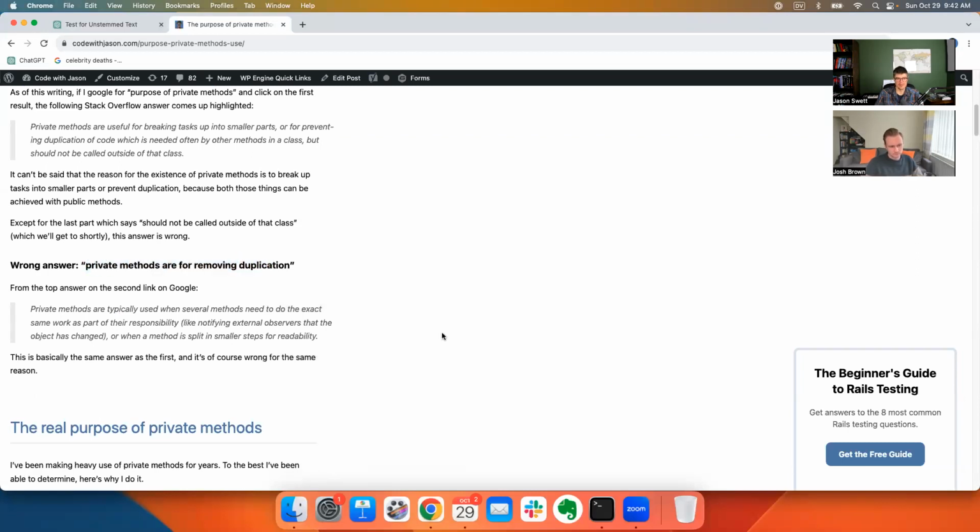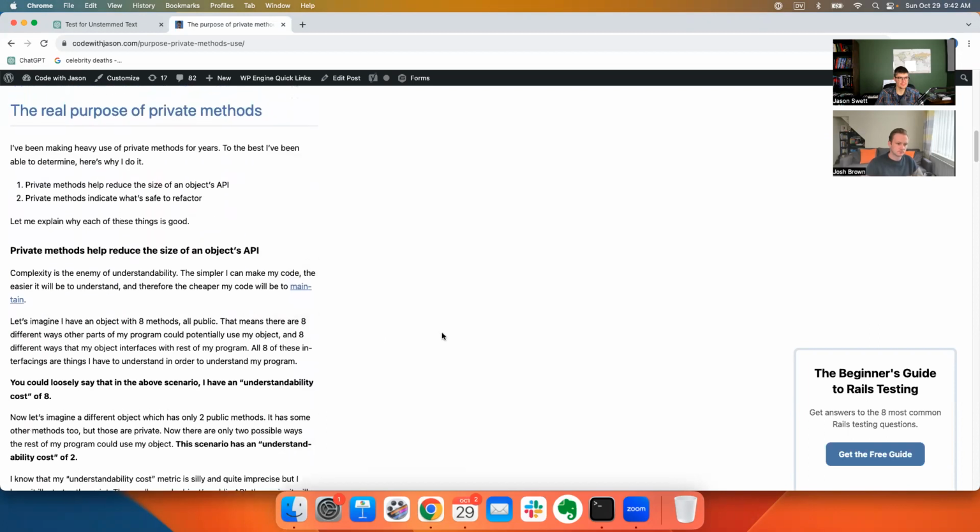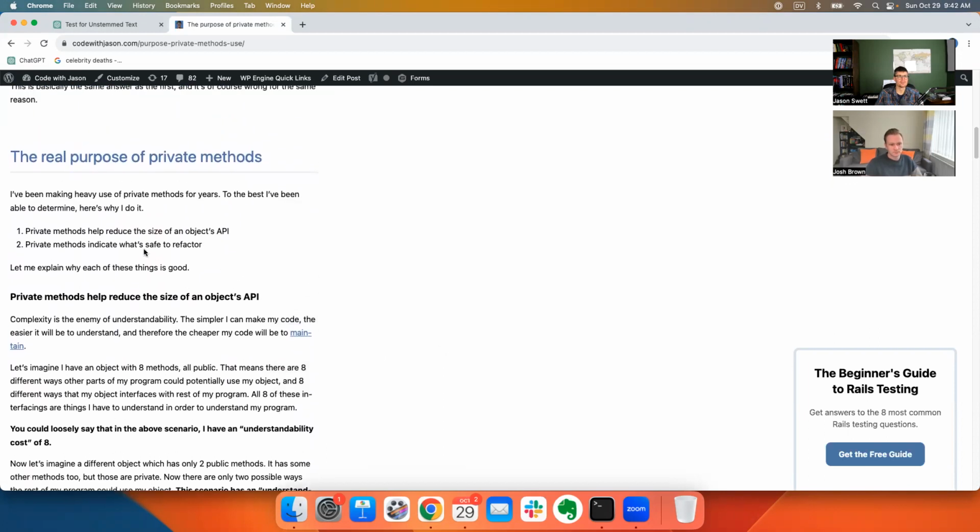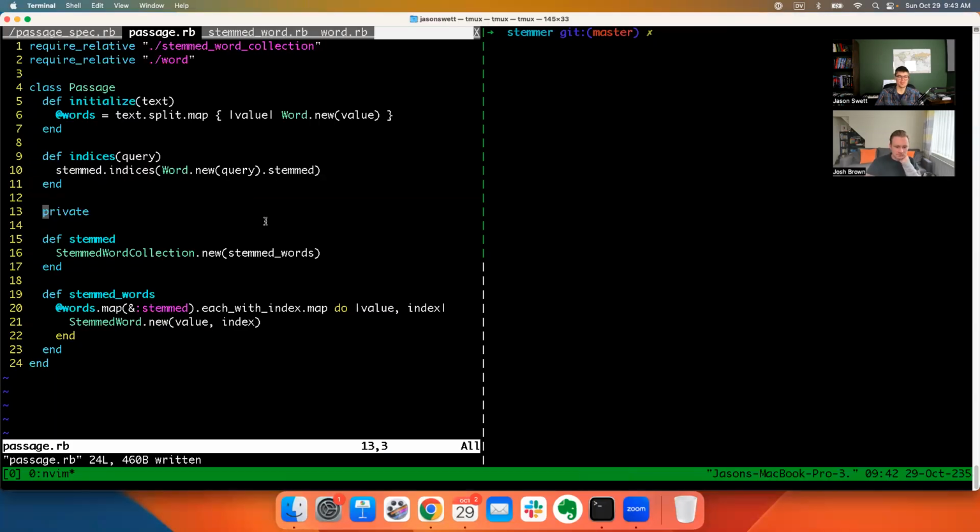Again, you can do that with public methods. Oh, and I forgot what my own blog post said, but in addition to indicating what's safe to refactor, it helps reduce the size of your object's public API. And the less public surface area your object has, the easier your program will probably be to understand, because there are fewer things interacting. Anyway,